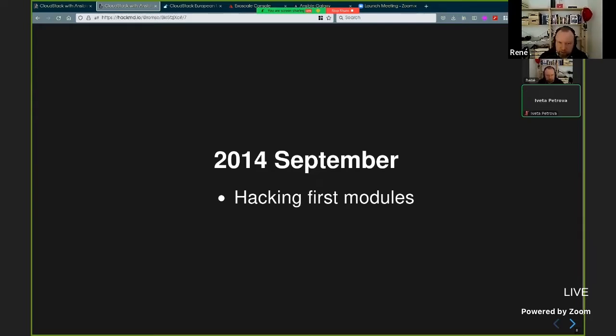I hacked the first few modules, and at that time I didn't write much Python at all, and you can see that in the first modules, I guess. But I got up and running really quickly.